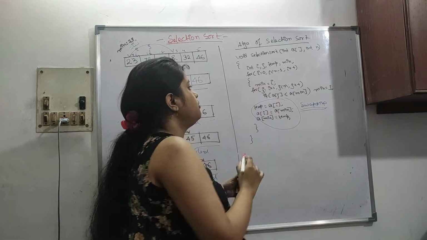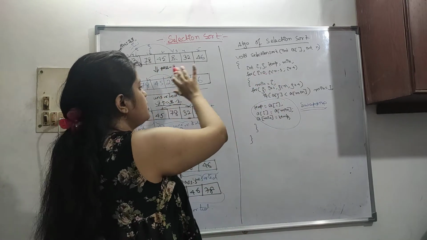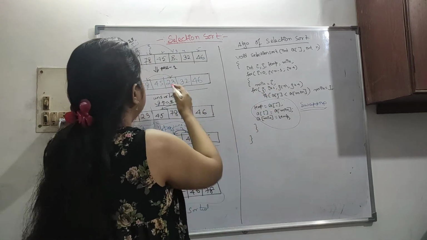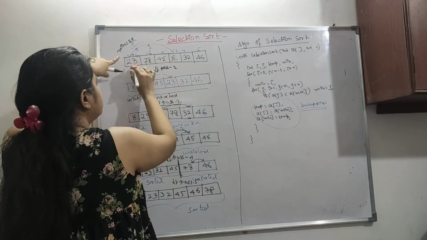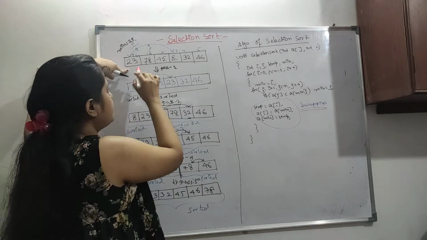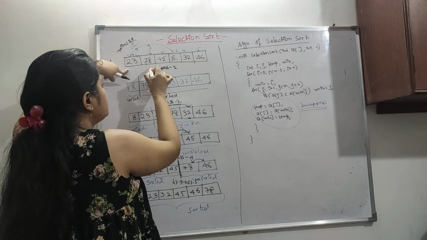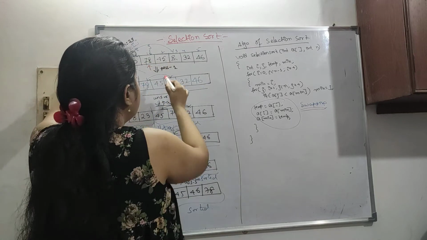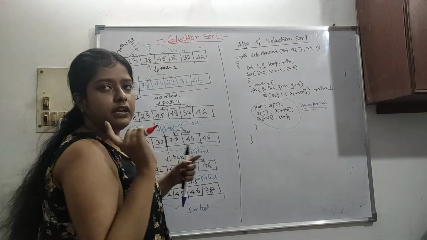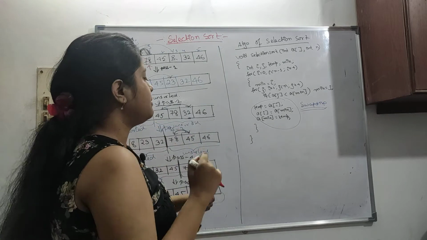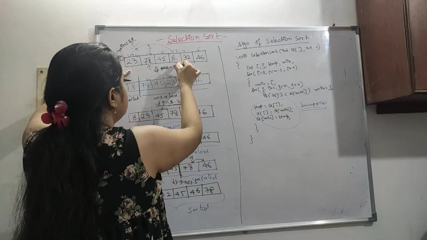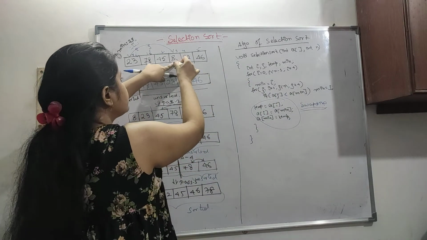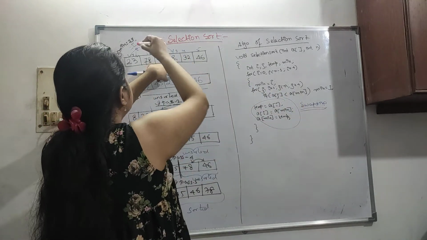So the first for loop is going sequentially, checking one by one, and then the second for loop will be going from this, because the first is taken as our minimum element, so no need to check here. So we have to check from this. j will run from this to the last element, so that we can actually find which one is our minimum element. So when we come to this condition, a[j] is less than a[min], so here it is coming. So we are actually changing.